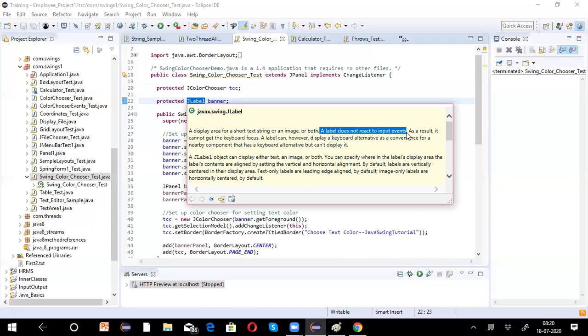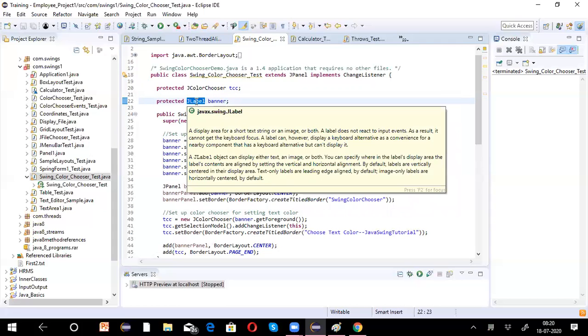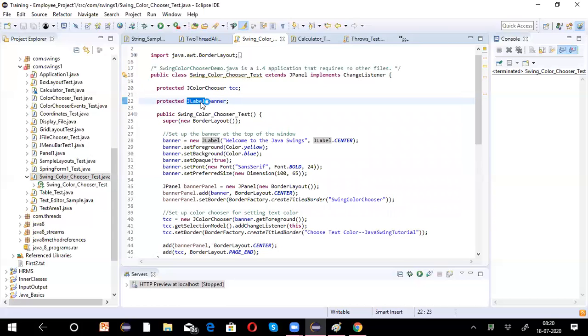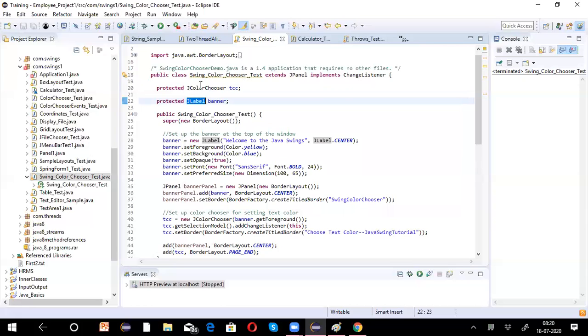They are static, used only for display purposes. That is the major difference between buttons and labels. Buttons can respond to events. Labels cannot. Now here you are using a color chooser and a label.